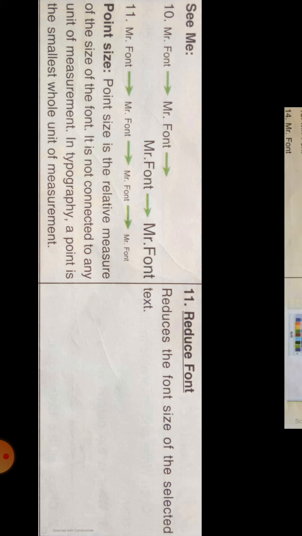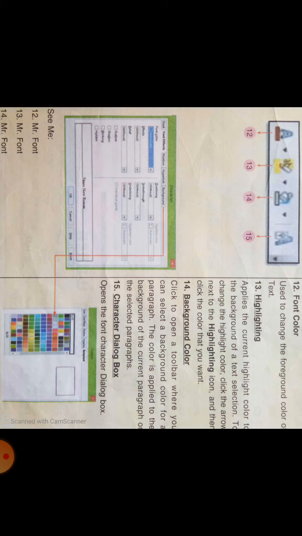Now, tool 12, font color, used to change the foreground color of the text.